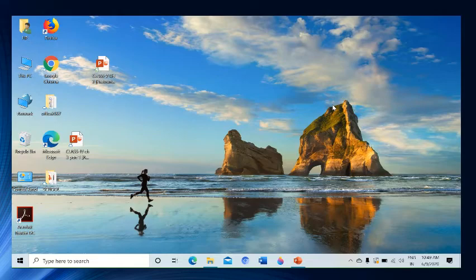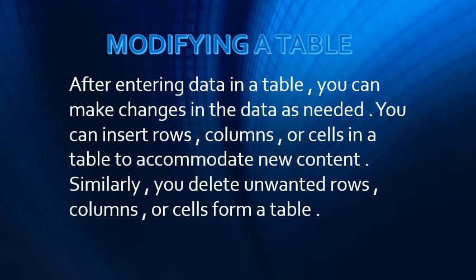Now, modifying a table. In this part, we will learn a new thing: how to modify a table. After entering the data in a table, you can make changes in the data as needed. You can insert rows, columns, or cells in a table to accommodate new content. Similarly, you can delete unwanted rows, columns, or cells from a table. Let us see